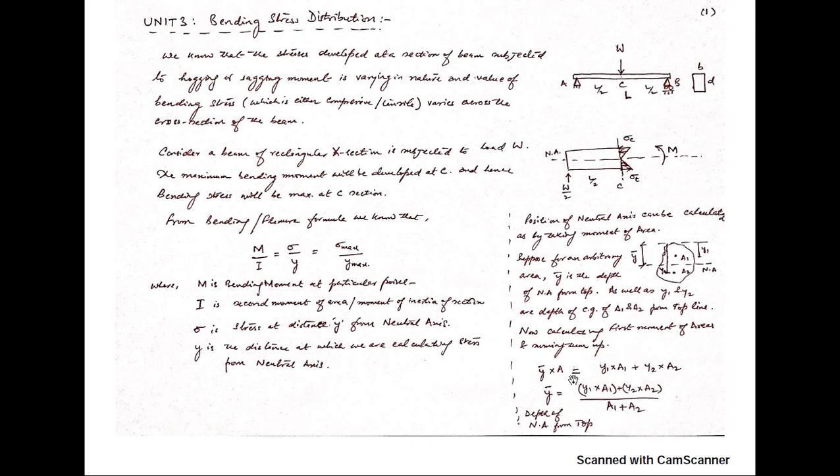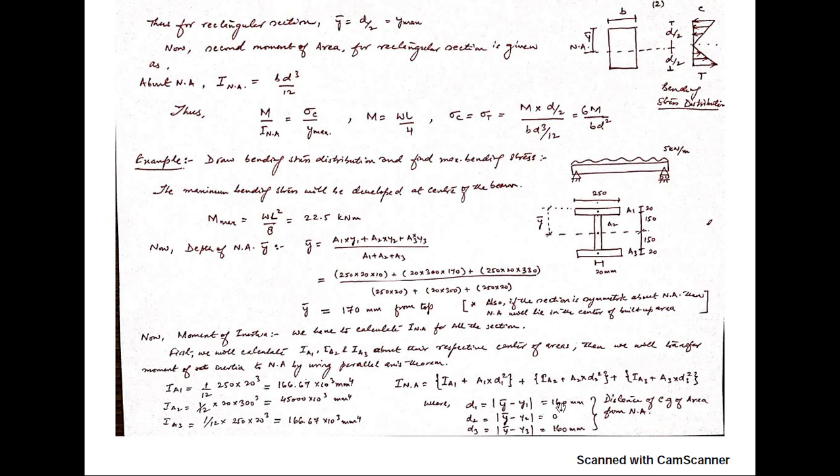So you can calculate it from either side, and make sure that the depth of the neutral axis is measured from the same side where you are calculating. It means either you can calculate it from the top or from the bottom. So this is the thing, and if there are so many different areas, another area is there, you just have to add y3 into A3. We'll see that.